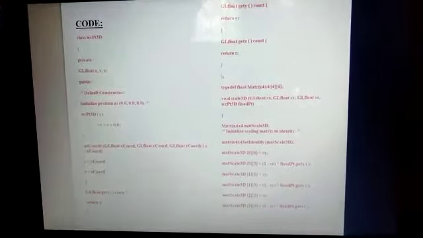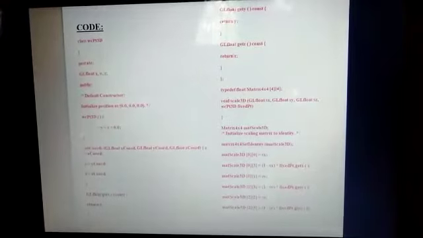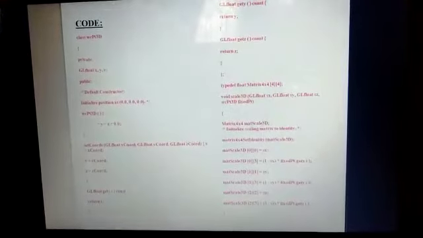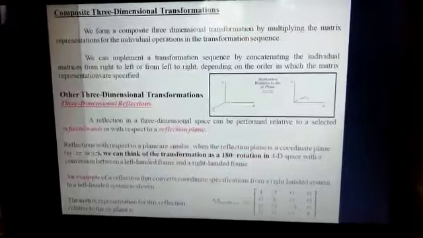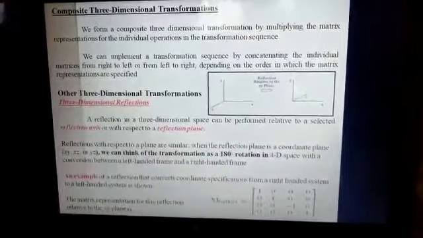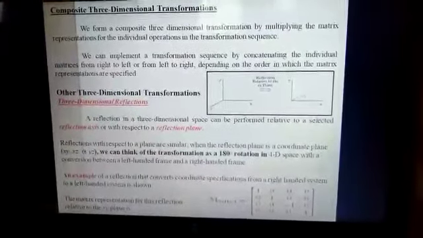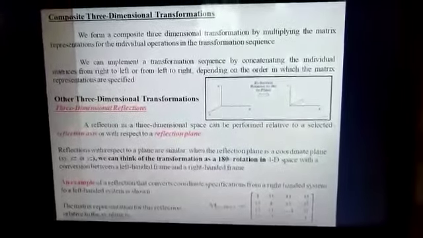I have a simple code also with respect to scaling here. I want you to go through this once again with respect to the scaling operation and see what output you would be expecting in OpenGL. Moving on to the composite three-dimensional transformations, as we have already seen many examples regarding this,